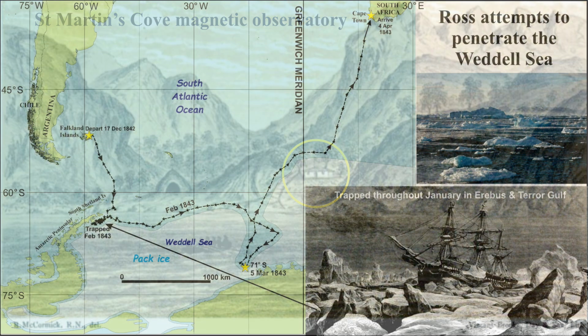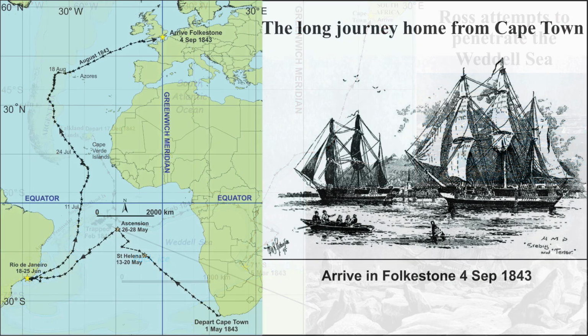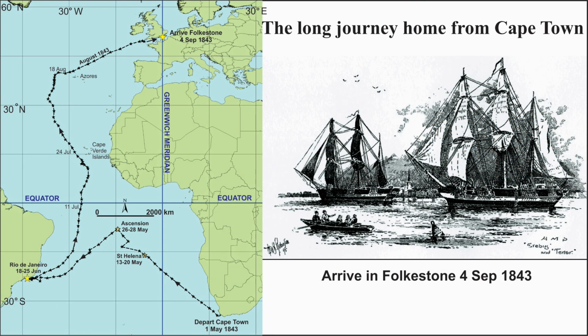On the 17th of December, the ships sailed south via the South Shetland Islands in an unsuccessful attempt to penetrate the Weddell Sea. From there, Ross steered direct to the Cape of Good Hope. After spending most of April 1843 in Cape Town, Ross made his way home to England via St. Helena,